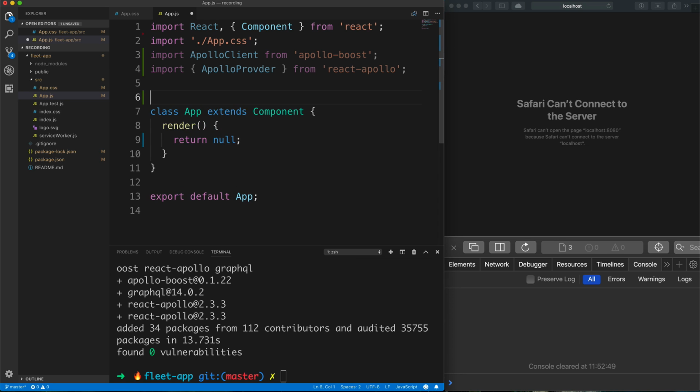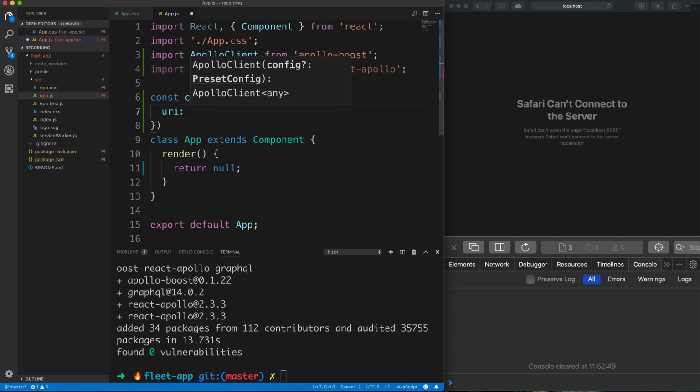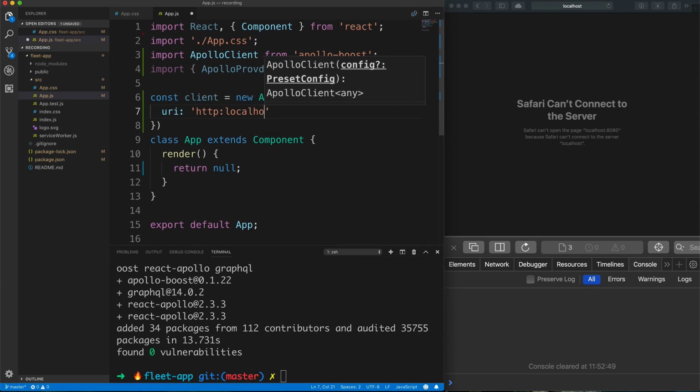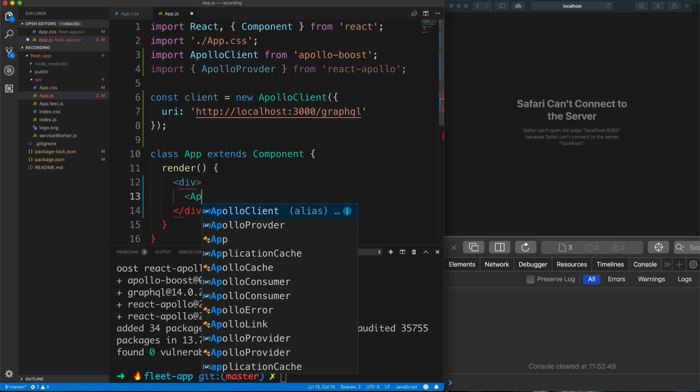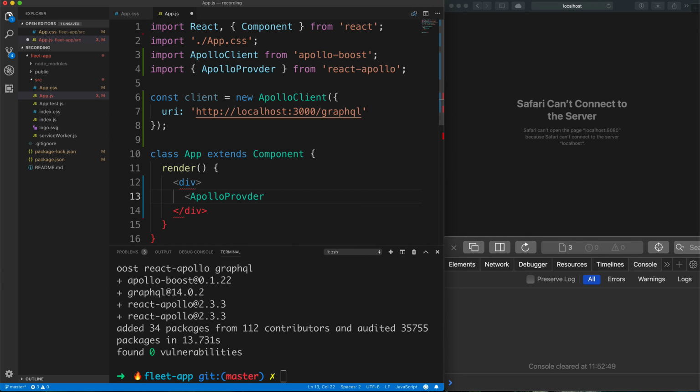So once we have this set up, we can actually create a client, which is going to be an instance of the new Apollo client here. So we instantiate a new Apollo client, and we pass in one option for now, which is going to be the actual URI of the GraphQL endpoint that we have created. And for render, we're going to render a div, and then in there we get the Apollo provider as a component that allows us to pass in a client. And that's all we need to do, because the next step is going to be to build up an